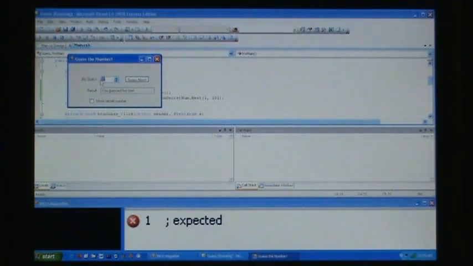We guess too low. Let's try 75. Still too low. Let's try 87. Too high. So it's somewhere between 75 and 87. Let's try 80. Correct. I win. Very nice. But now that we've won, I can still guess, can't I? And if I guess 80 again, that was the number. And if I want to play again, I have to kill the program and start it